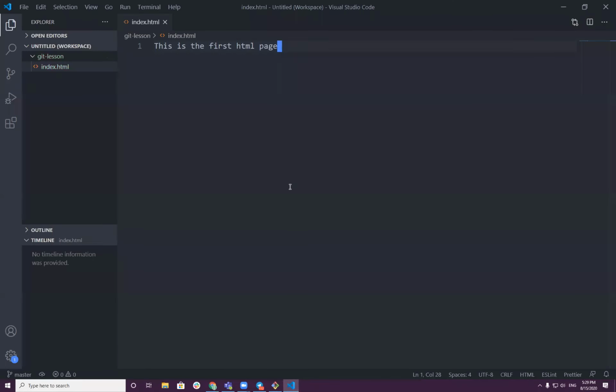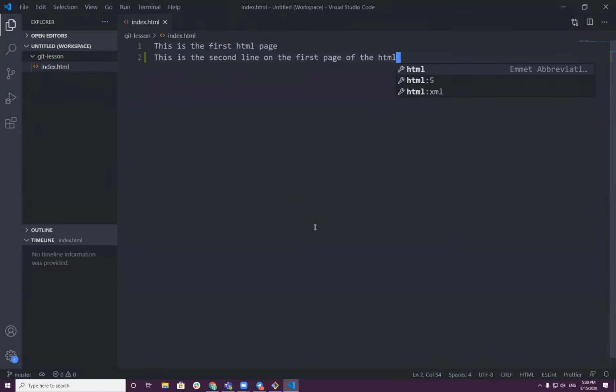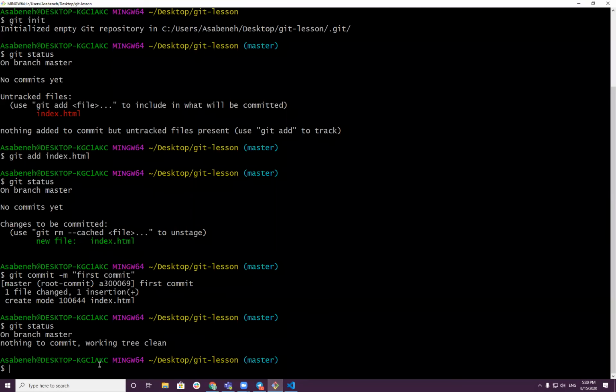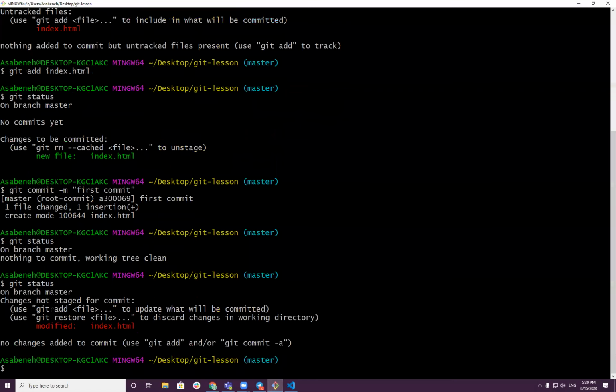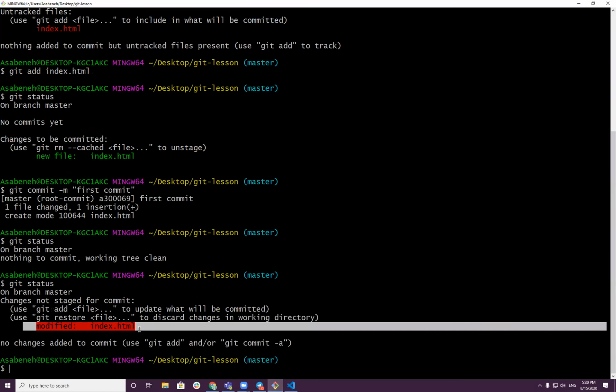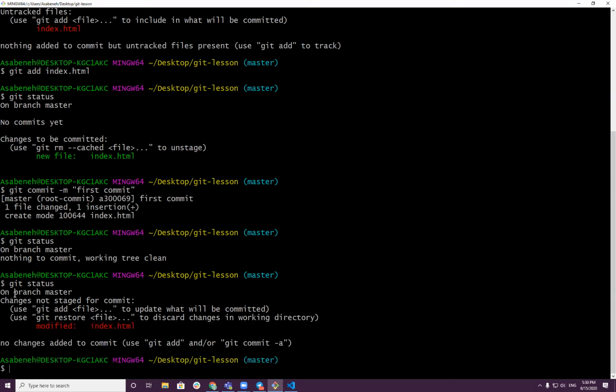Okay, now this is the second line on the first page of the HTML. I'm modifying it, by the way. Now let's check git status. Have you seen? Modified. It tells you git add and the file name to update what will be committed. Again, what we do: git add, and then the file name index.html,